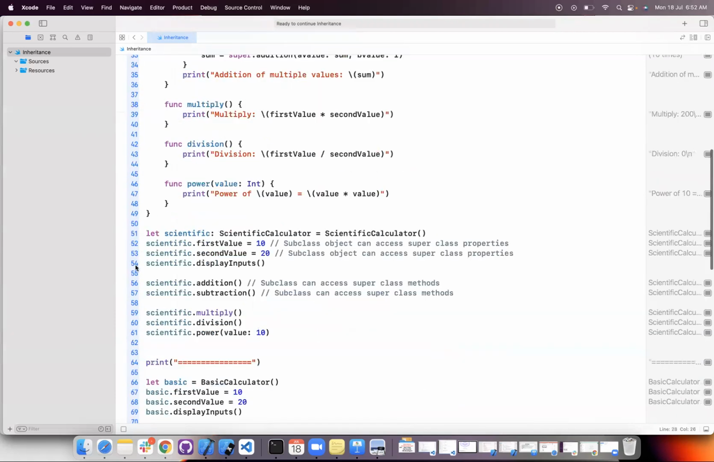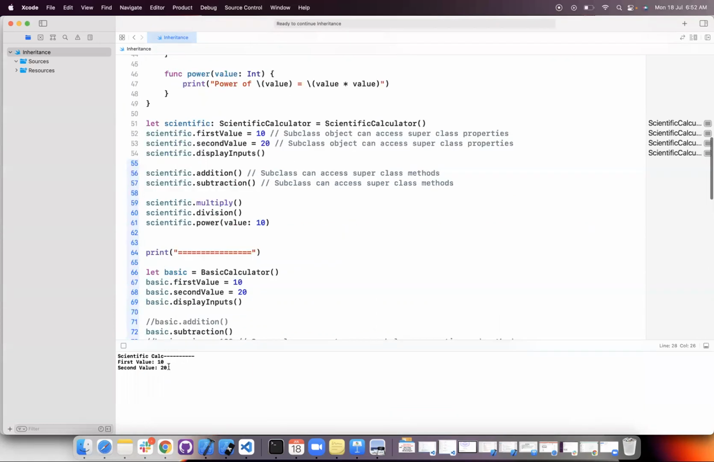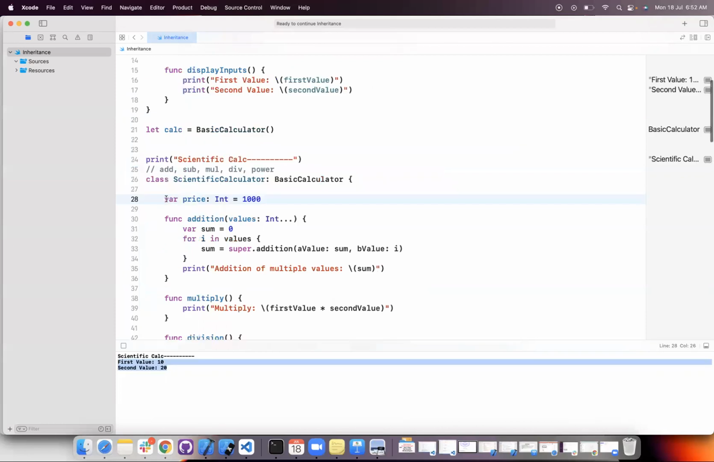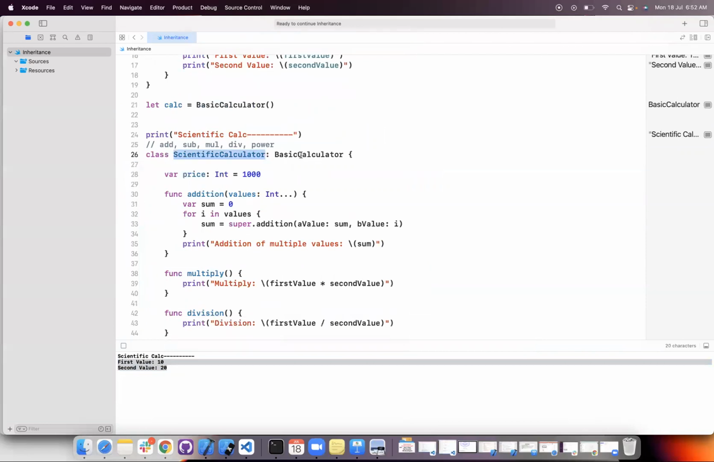See the difference here. Scientific calculator display inputs is printing 10 and 20 only. Actually, I want to print all the instance variables. The scientific calculator now contains the superclass instance variables, first value and second value, and in the subclass scientific calculator we have an instance variable called price. I want to display all three. So what I can do is